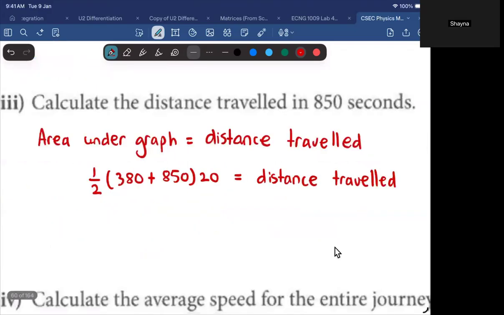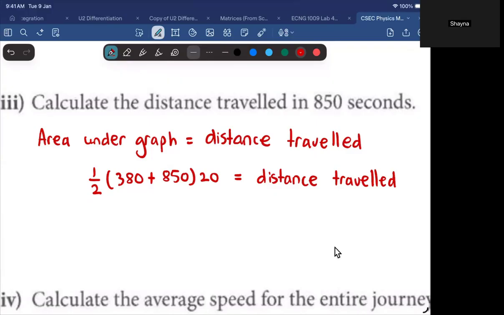So 380 plus 850, that'll be 1,130. You sure? Okay. I mean, no, 1,230. 1,250. Okay, good. Because I was watching Notebook and I was like, oh. And then you divide that by 2, that'll be 615. And then you multiply 615 by,